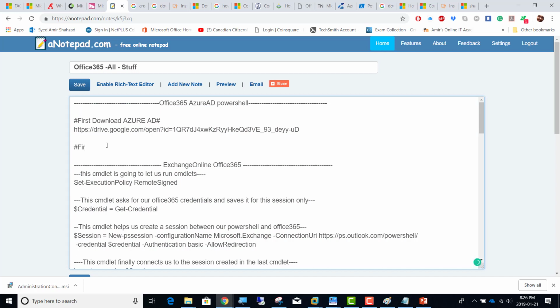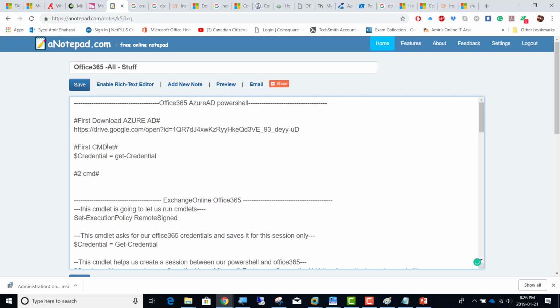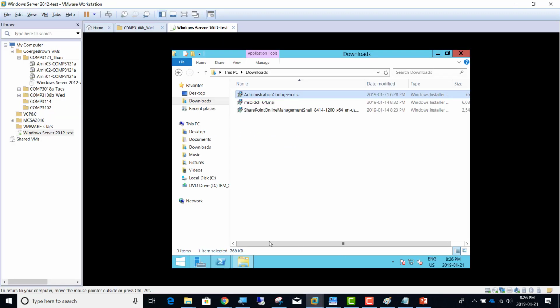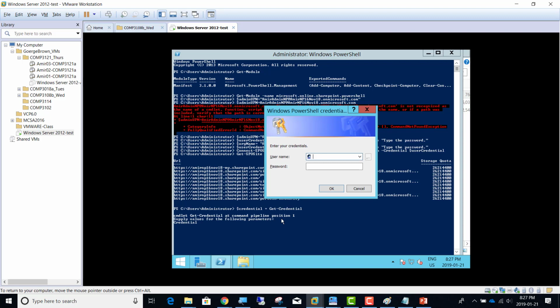So first cmdlet, and then the second, then third, then fourth. Okay, so I'll just click save here, but what we need to do is just save our credentials first. So I'm just going to go there to my PowerShell here, and $credential equals Get-Cred and tab. So once it enters, I have to just put that username and password,